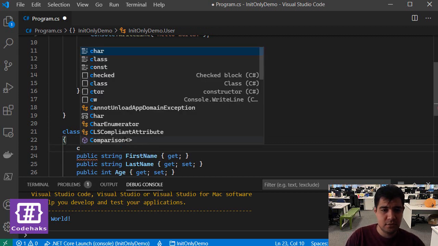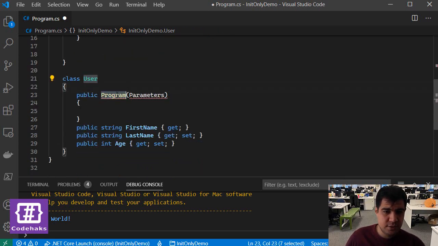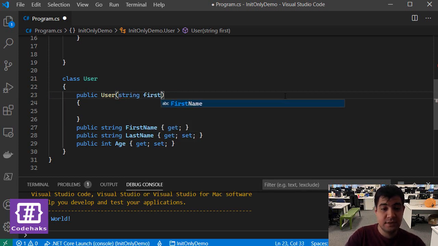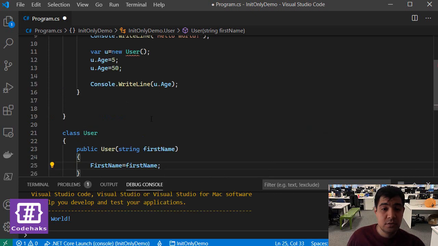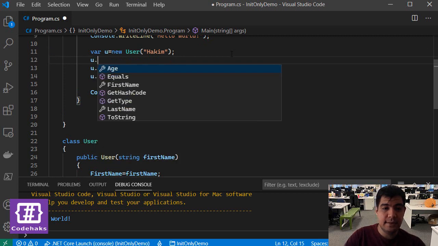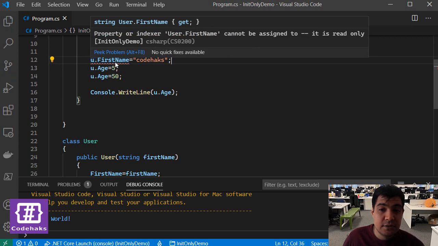Let's add a constructor. Here's a snippet for a user. This is my constructor, and I'm going to ask for first name, and now I can set the first name like this. So now if I use the first name like this, I cannot change the first name anymore. It is impossible because the property is now read only,